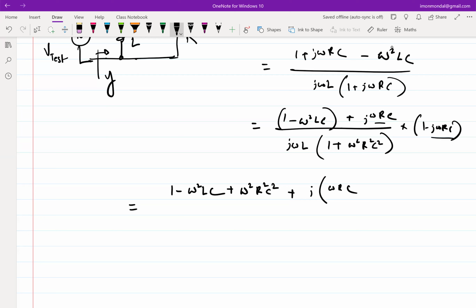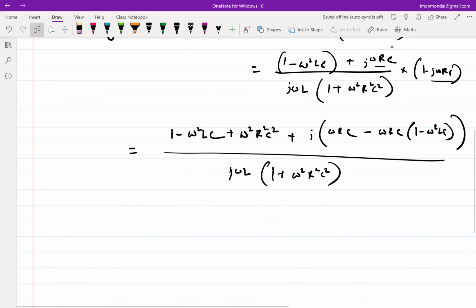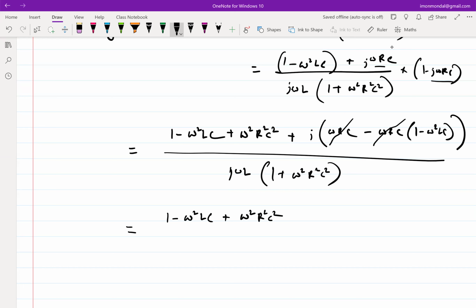That gets multiplied there, right? Yes. So minus omega RC times 1 minus omega square LC. Is that correct? I'm not missing any term. Okay. So clearly here one term cancels, right? This one goes. So I end up with 1 minus omega square LC plus omega square R square C squared